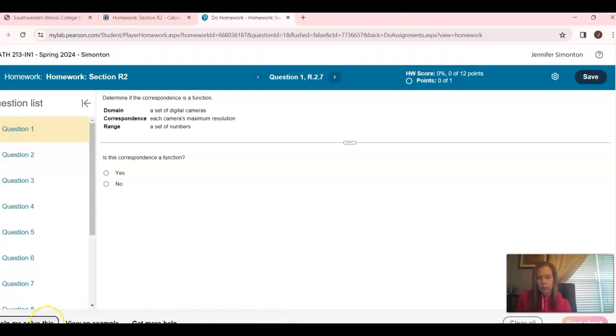Right, and as you go through that, you can click on Help Me Solve This, you can click on View an Example, you can click on Get More Help, which is either watch the textbook video, the video provided by the publisher, that's not my video, that's theirs, read in the textbook, or Ask My Instructor, which will send me an email with a link to the question you're on if none of this other stuff helped out. Okay,